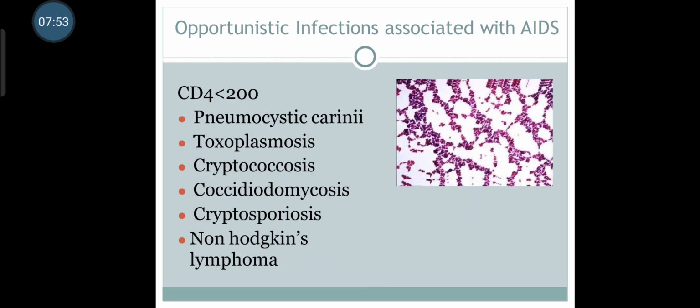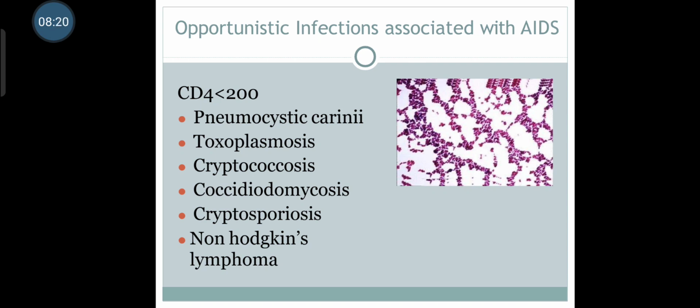Opportunistic infections associated with AIDS when CD4 count is less than 200. So, Pneumocystis carinii infections, toxoplasmosis, cryptococcosis, coccidioidomycosis, cryptosporidiosis, and non-Hodgkin's lymphoma. So, these are the infections which occur when the condition is worse than the earlier, that is, CD4 count